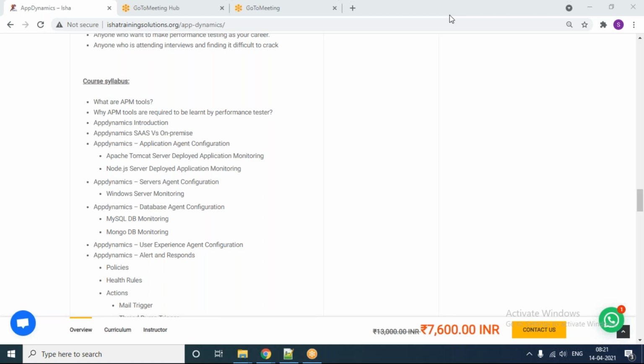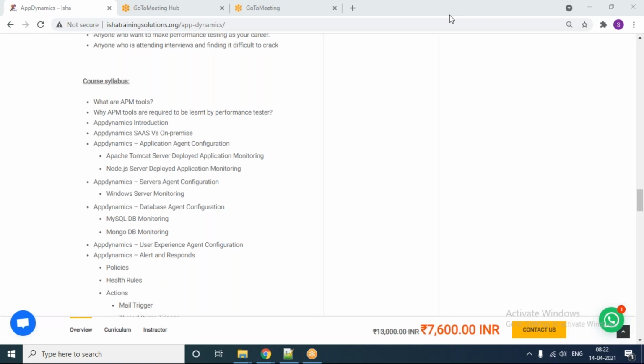Because of the technology nowadays, I tell you, those who are aware of Java or those who are aware of .NET, now it has all come to a very drastic change. The technology is growing like anything. Suddenly, something like Kubernetes is coming, containers are coming, OpenShift is coming, something like Azure, AWS, Google Cloud Platform, Alibaba. A lot of things are changing.